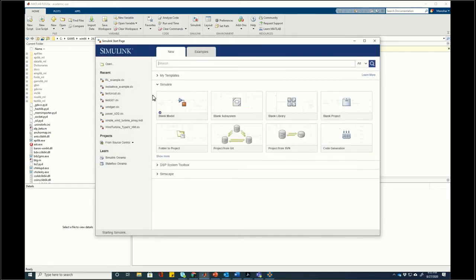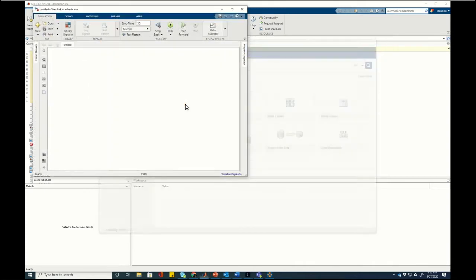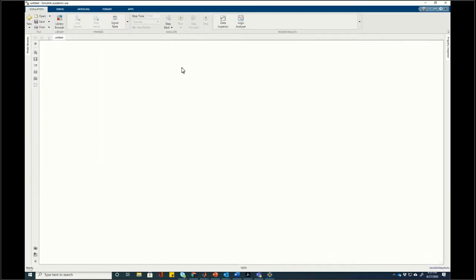And now you have many options here. What you have to do is click on blank model. So when you click on blank model, you now have a blank page open. This means that you can start dropping in elements in order to